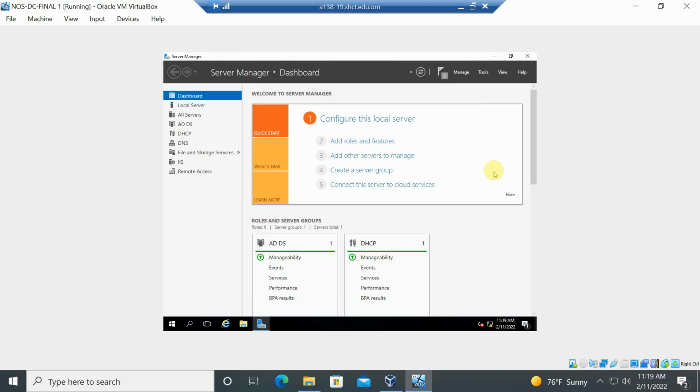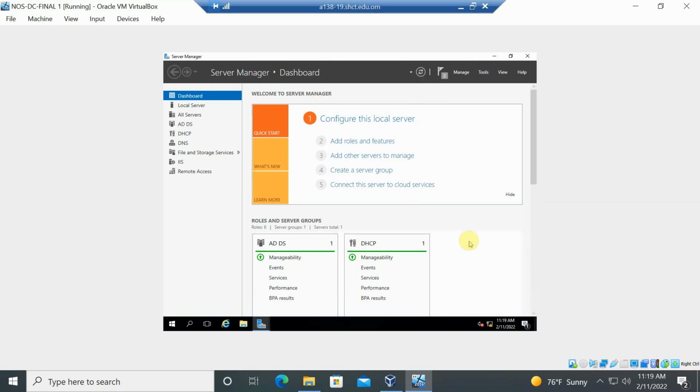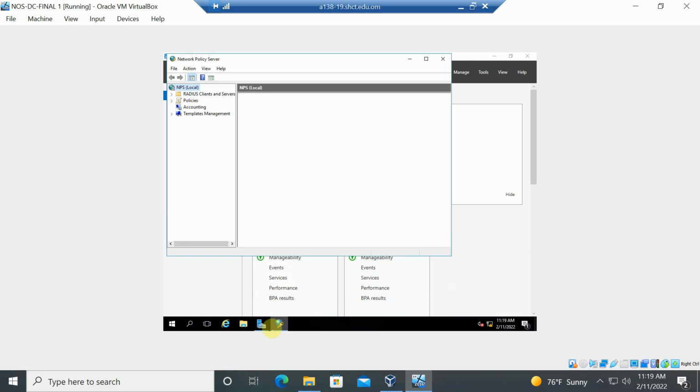For that we have to go to Tools. There is Network Policy Server. Open the Network Policy Server. Today I think my machine is slow, so we have to wait for some time. The Network Policy Server is opening. Let it open. As it is opening now, there is